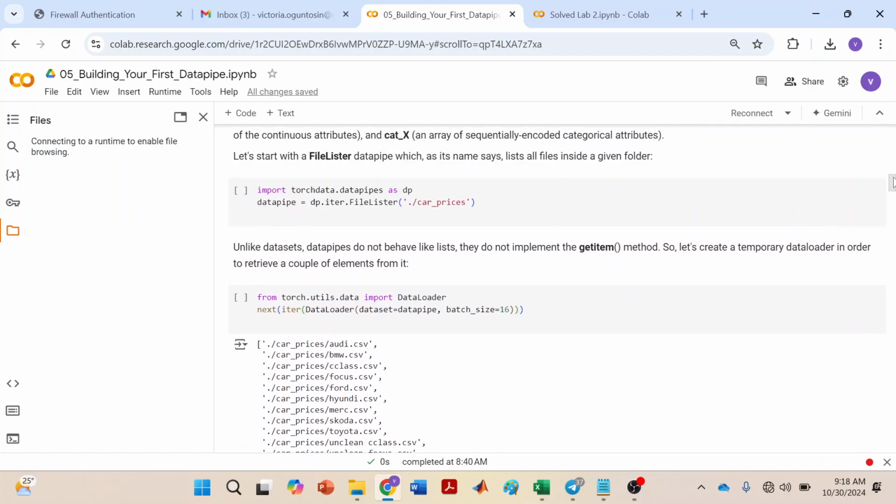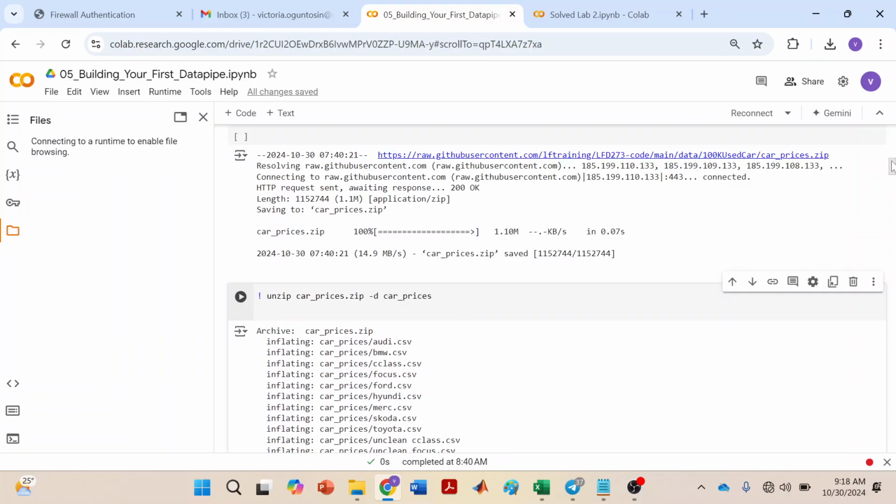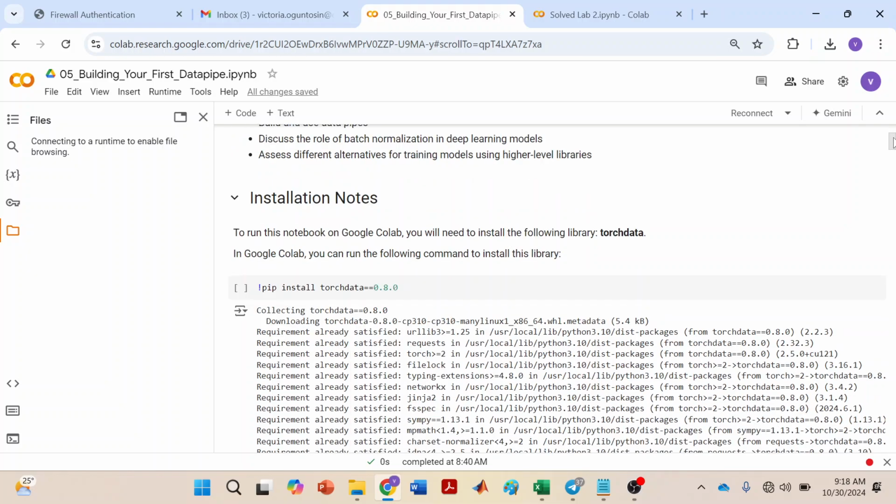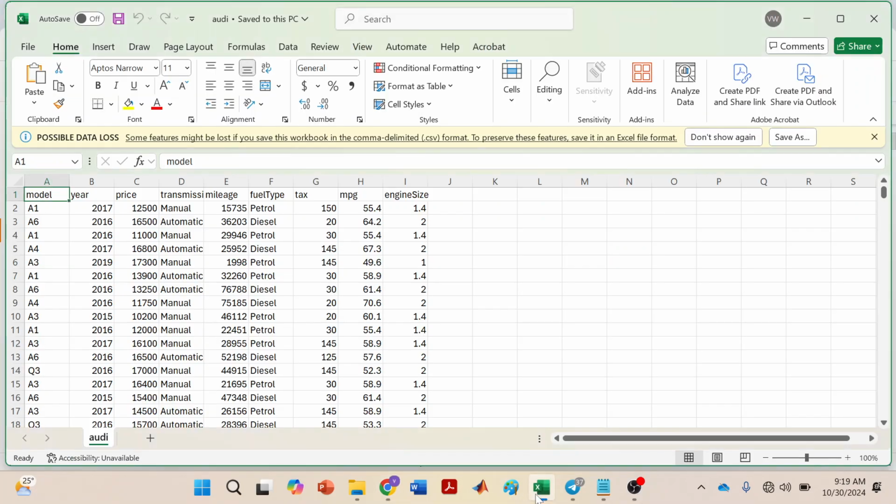So what we are doing for today's class is basically the same thing we've done, but we are going to consider another data set. So the data set we are going to be considering is the car prices data set. So let's look at the data set. So like I told you earlier, when tasked with a machine learning problem or a deep learning problem,